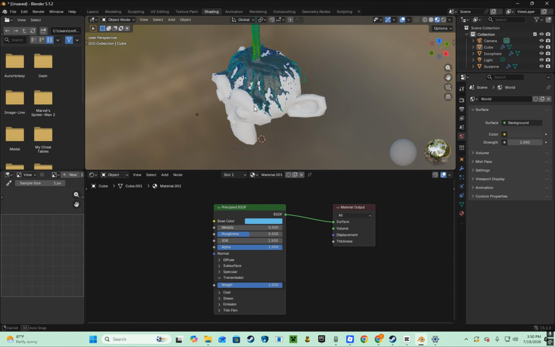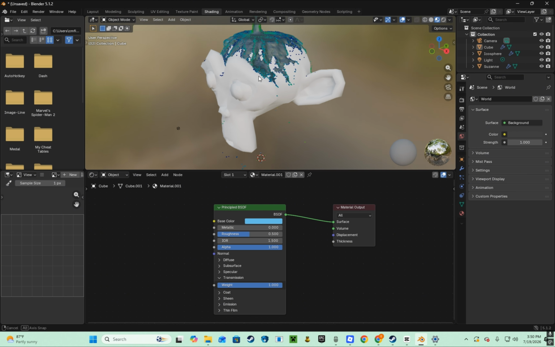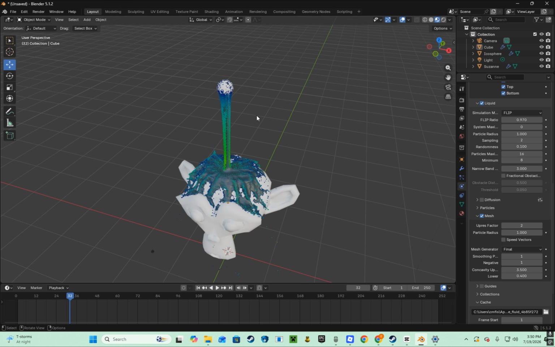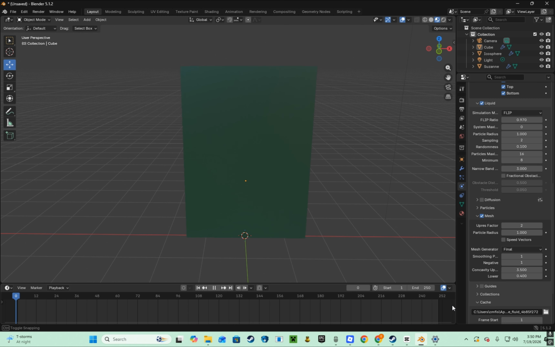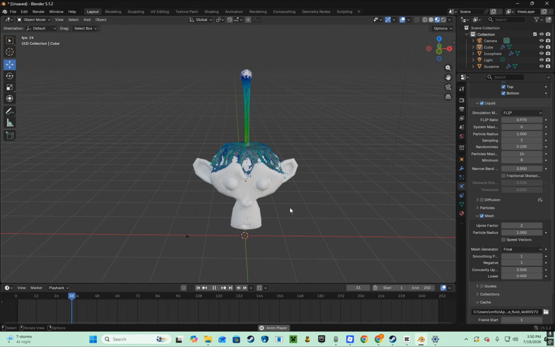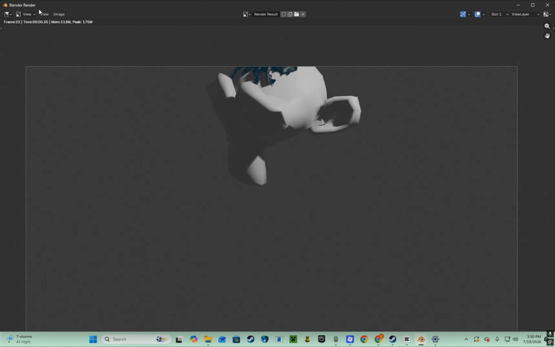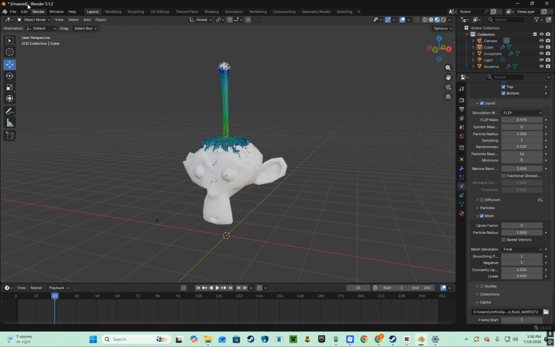Don't worry, this is gonna be translucent. It's the viewport. Makes it look not very good. So let's go back to our layout. And if you guys want, this is optional, but you can go to a frame that you'd like to see. So you can go to a frame. For example, I'll go to something like 23 and I will render it as an image. And this will allow me to see if I can get a better angle. This is gonna allow me to just basically see